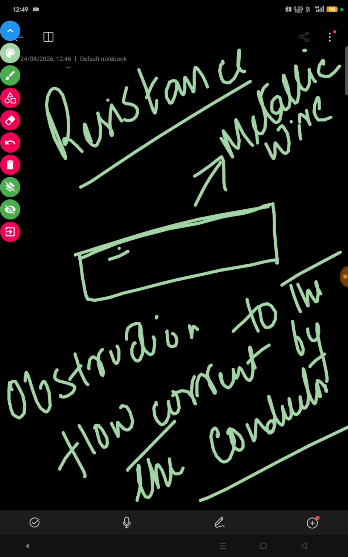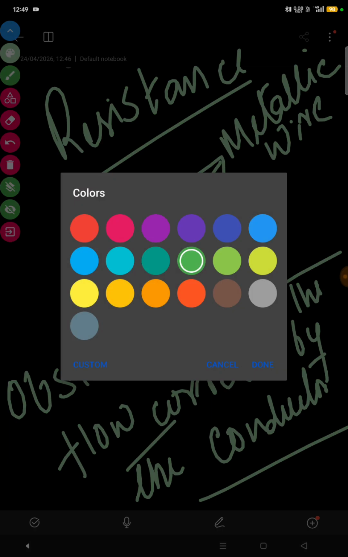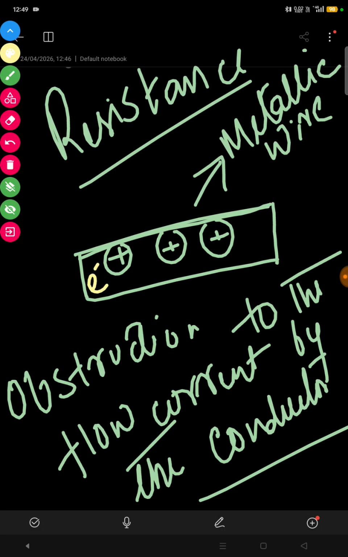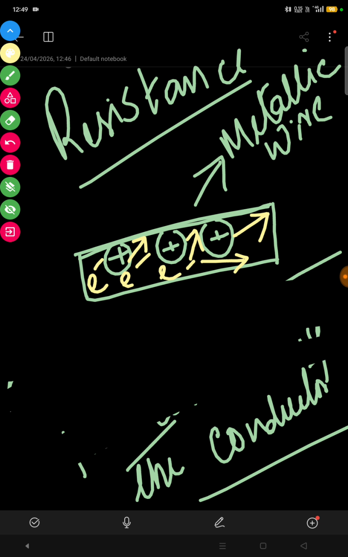So suppose this is a positive ion present within the metal, and the electrons, the negative charge, are freely moving randomly. They move at random motion, and they collide among themselves and with the positive ions in this manner. But what happens when the end of the metallic wire is